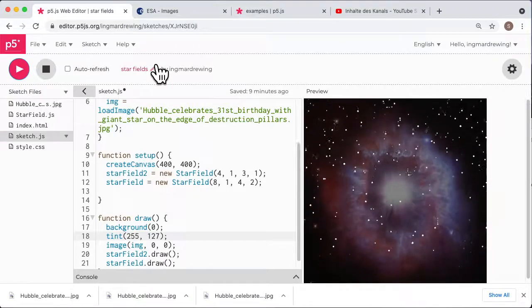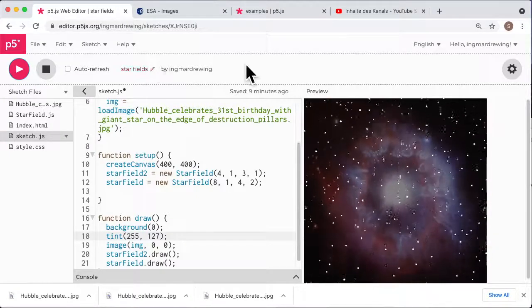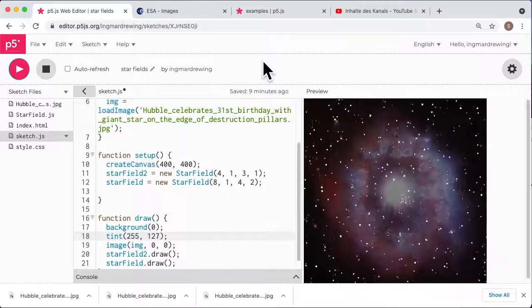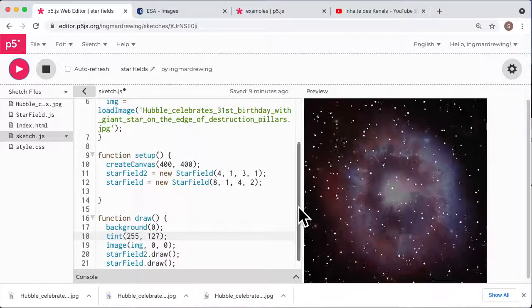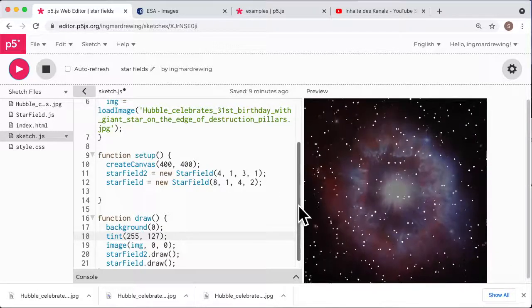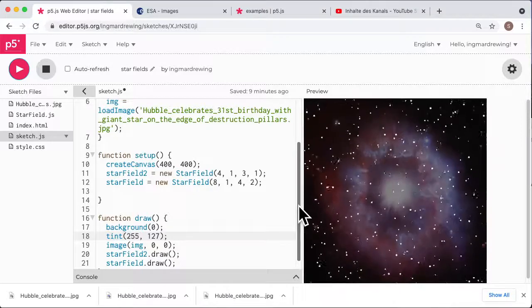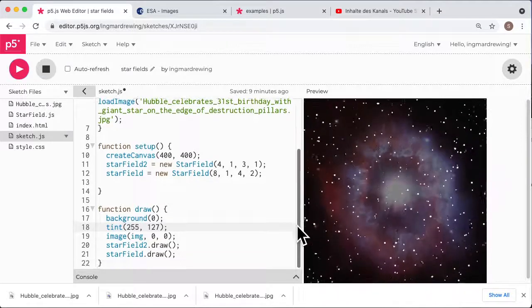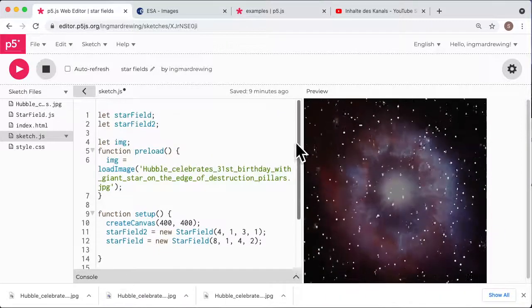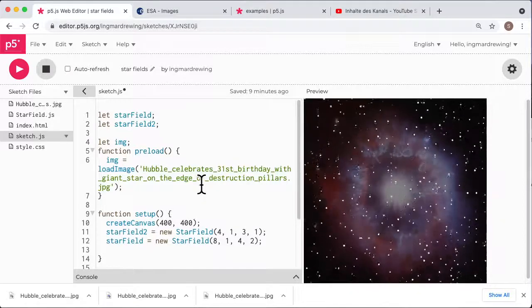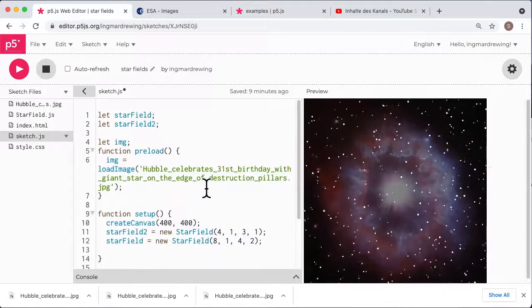So now, okay, this is much closer to what I wanted to see. Now we've got a nice background image. The stars are still moving in front of it, and well, it's somehow all sitting there in our sketch.js, and